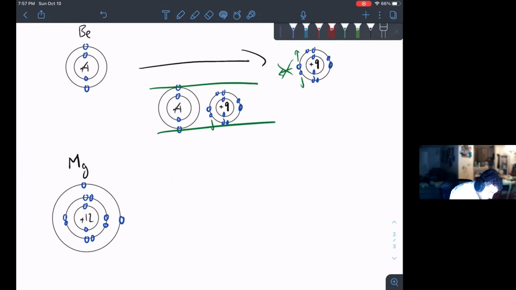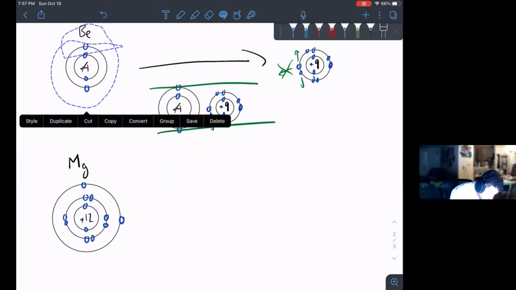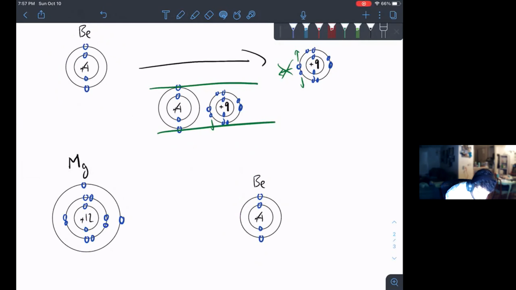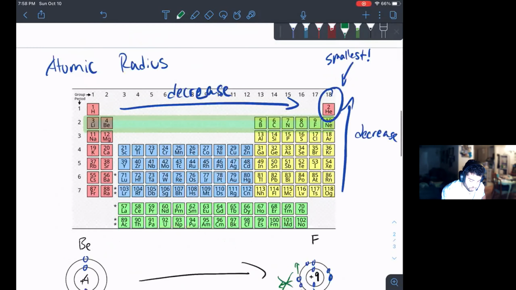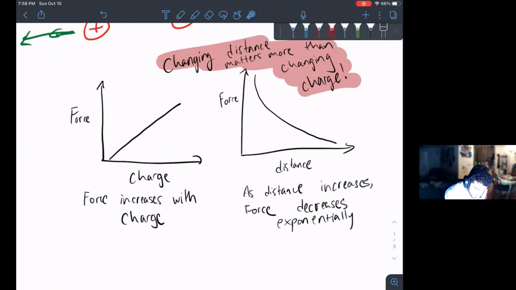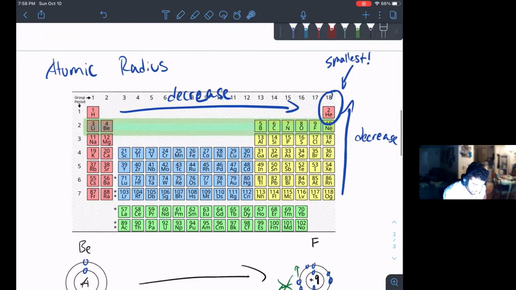That is going to increase the distance between the nucleus and the outermost electron. So if I look at this distance, the distance of magnesium is going to be greater than the distance of beryllium. And therefore, with that increased distance, we have a decrease in charge. That's the same thing we looked over right here. As distance increases, the charge decreases. And so that kind of explains why our atomic radius is getting smaller, but that decrease in force, that attractive